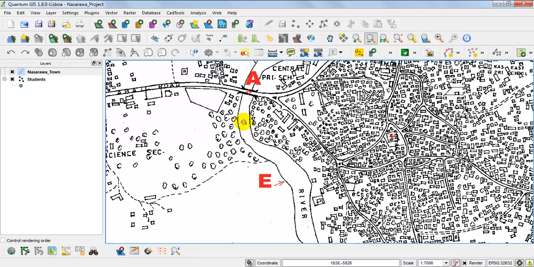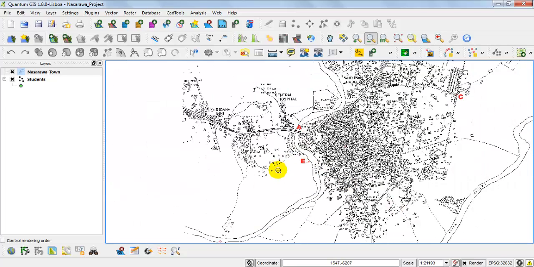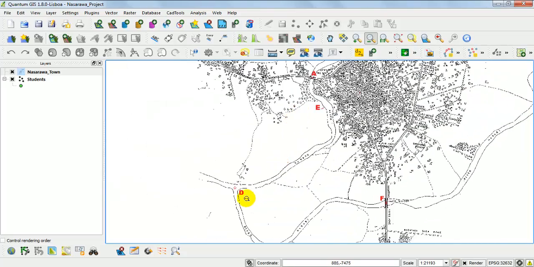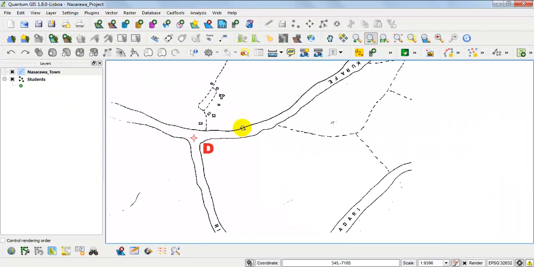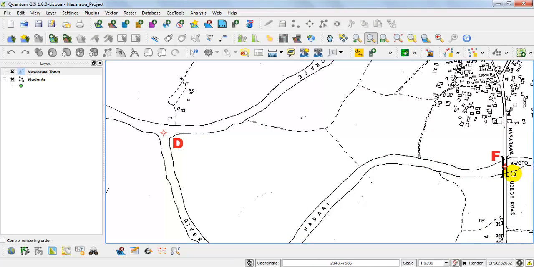Let me zoom out so that we see E and F, D and E. So let me zoom in. This is control point D, and control point F is somewhere here.